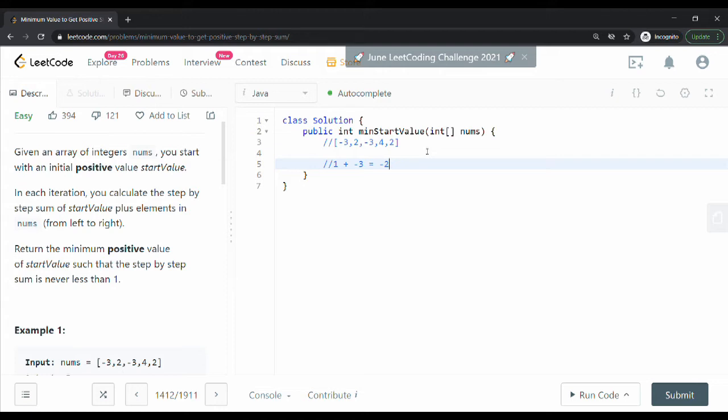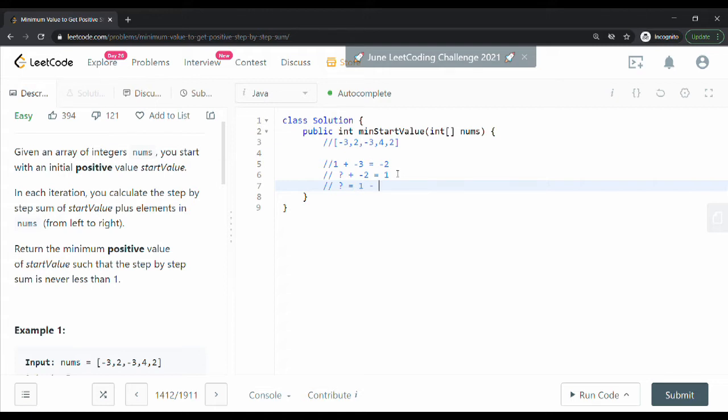So I'm going to ask myself, what value can I add to minus 2 such that when I add it to this it is going to give me 1 as a result? So a simple arithmetic is going to be like, what value can I add to minus 2 such that it is going to give me 1? Okay, and in the same arithmetic, that value is going to be equal to 1